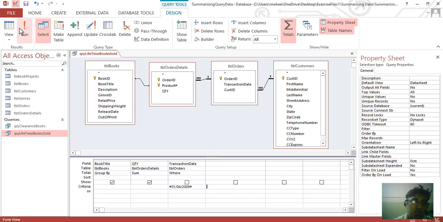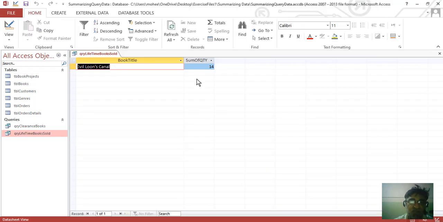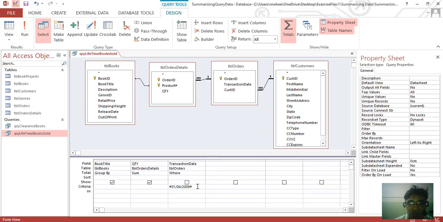When I run the query, you can see that I get one record, the book which is sold on this date, and 14 copies of the book were sold on that same date. So that is one way of giving your criteria in the date field.